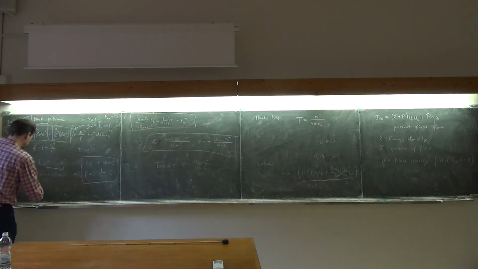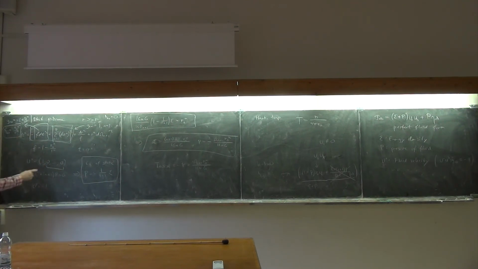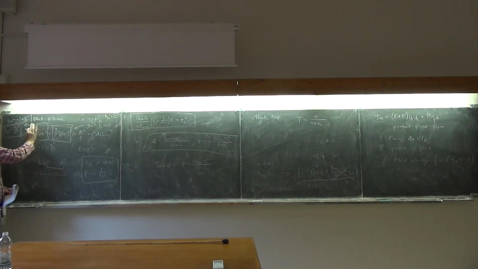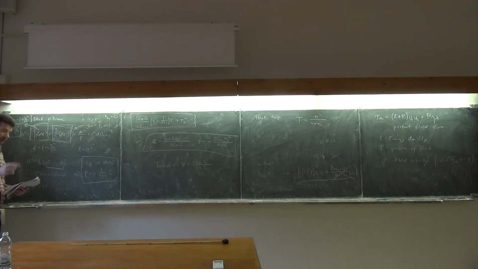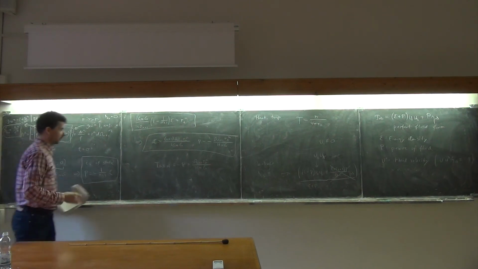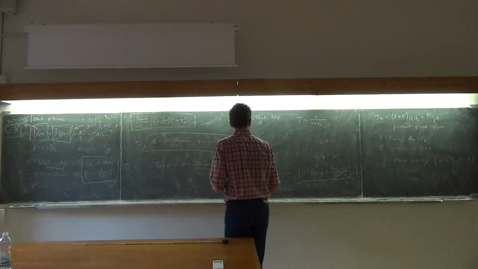And then the 1 I'm simply getting from the fact that U squared, the norm of the velocity, has to be -1. So that normalizes this to be 1. This is just the rest frame of the fluid, right? Yes. So this seems inconsistent if you're not in that frame. Well, I'm just reading off for this particular metric what fluid it corresponds to. I'll have a comment in a moment about that. So maybe let me come back to that.